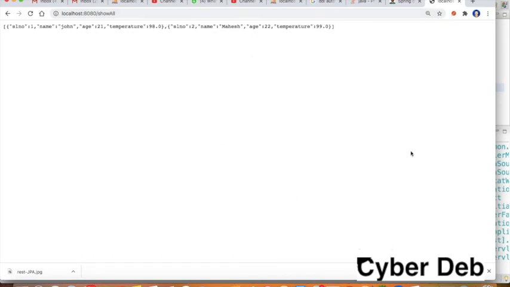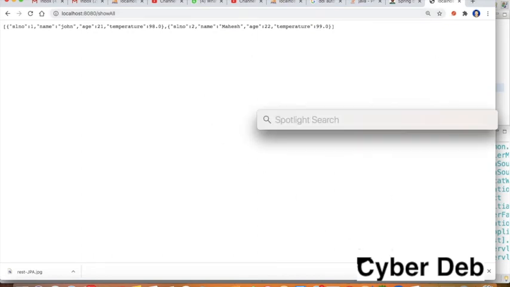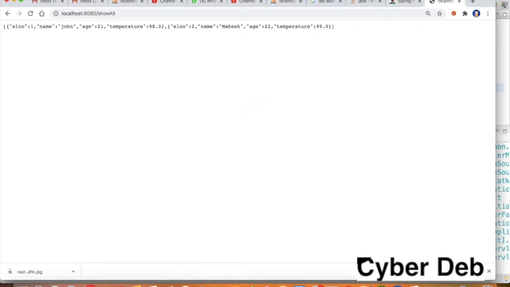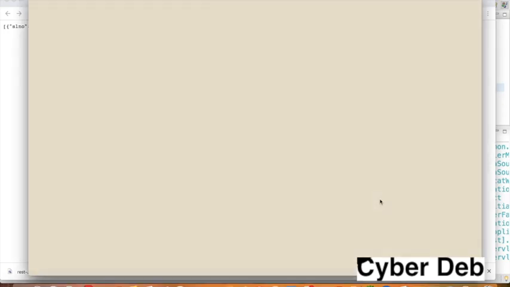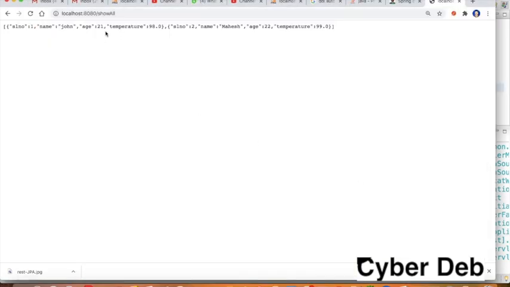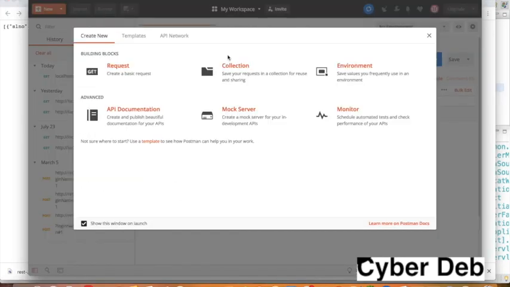We can also use it in Postman. I have Postman on my machine. You can download it too, it's freeware. In Postman, let me copy the URL which I will use as the getter.